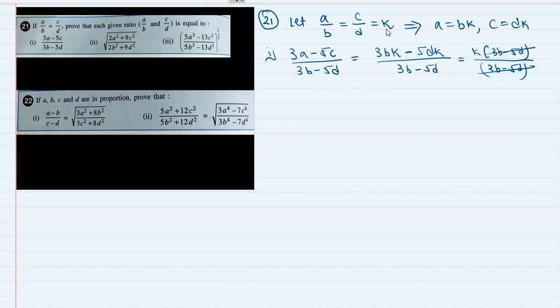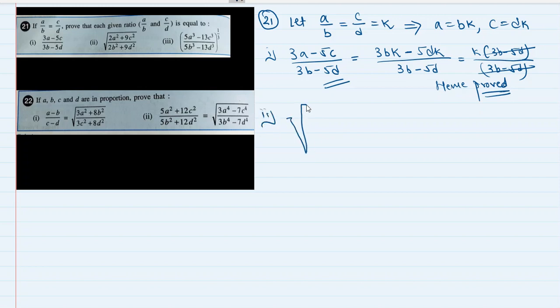Now, what is K? K is A by B, which is equal to C by D. So we proved that 3A minus 5C upon 3B minus 5D is equal to K. That's what we wanted to prove. Okay, so hence proved. Second one,